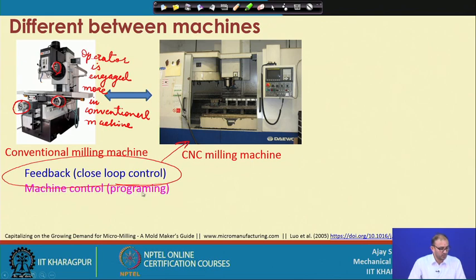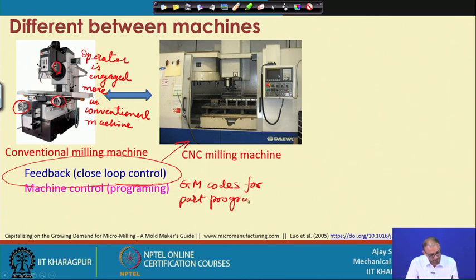And we do not use any program, because when you are operating a CNC milling machine, we go through the G and M code. So, mostly it is known as G and M code for part program, correct. So, that is one of the differences, and then other than that,